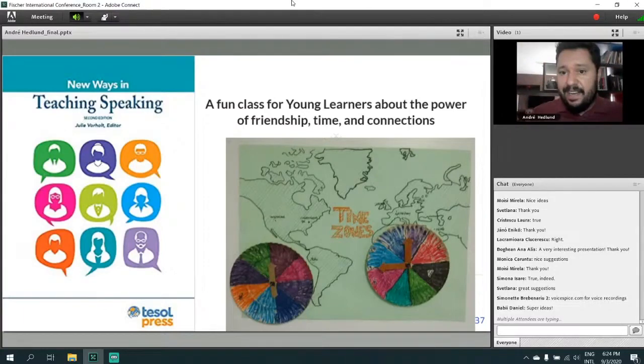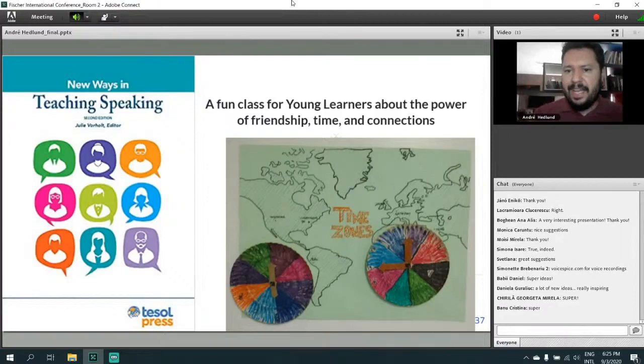They built two clocks with plates, like paper plates. They built the hands of the clocks with cardboard, and then they called six friends of mine to ask what time it was where they were. So they called Rachel in Wyoming, the US. What time is it, Rachel? They called Marion in Washington, D.C.